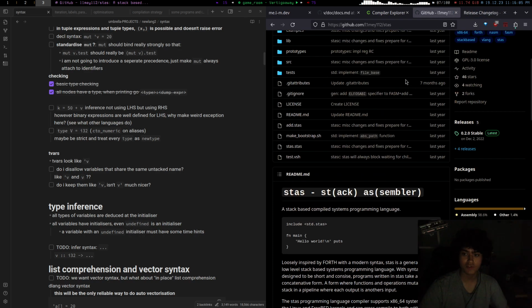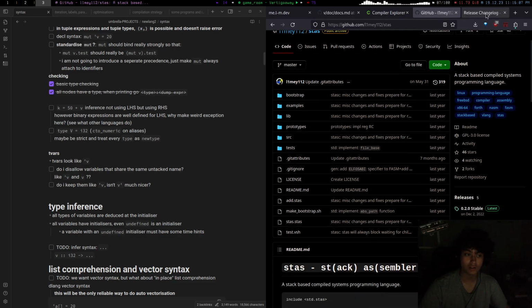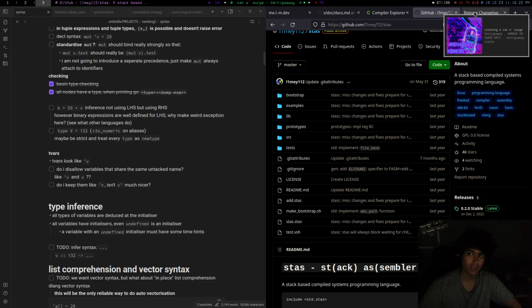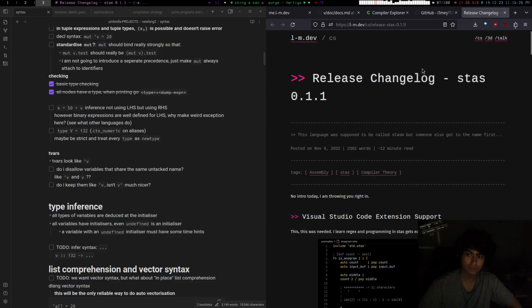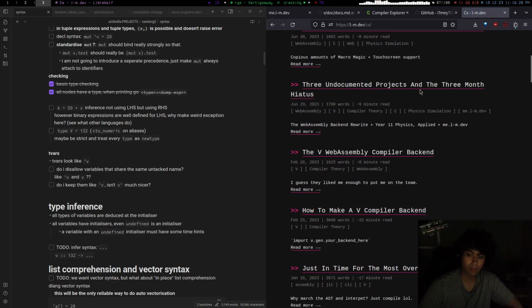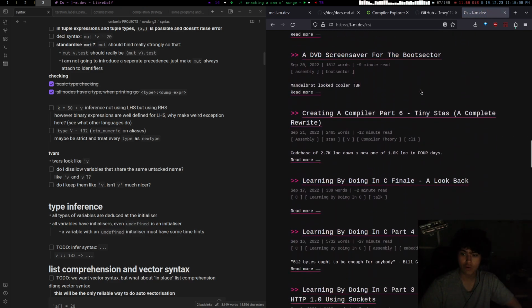This is the first programming language I wrote, and it took me a long time, but I learned how to write compilers. One of the best resources you'll ever have is not some book or some paid course. I learned everything I needed to know on Wikipedia, by reading code, by looking at how other people did it, by reading blog posts, reading things like that. And you can even read mine. I wrote how